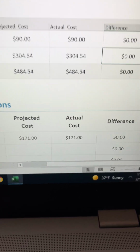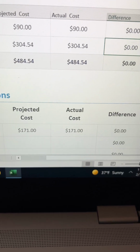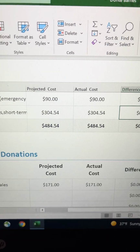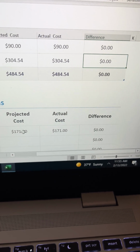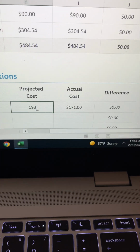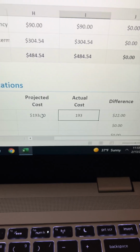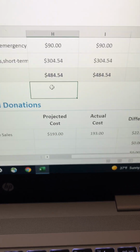All right, so we are at 171. I'm going to put $22 into church this coming Sunday. So we're going to grow that amount for the year to 193. So let's go ahead and adjust that. All right. Okay, so that was a quick one. So we are now at